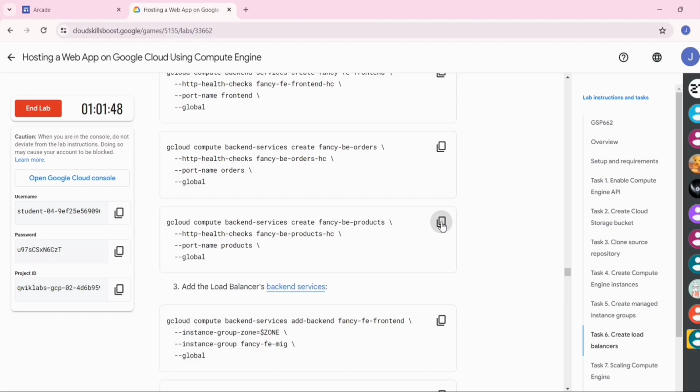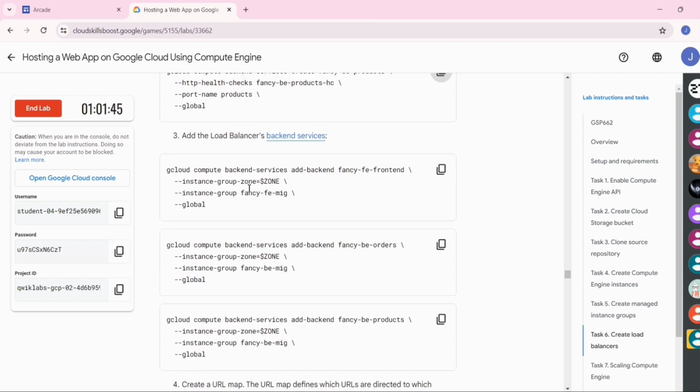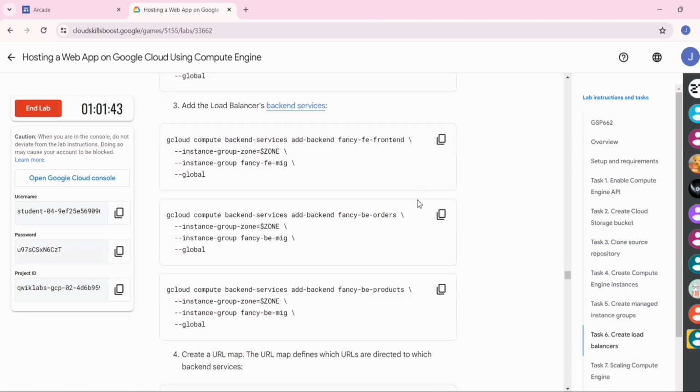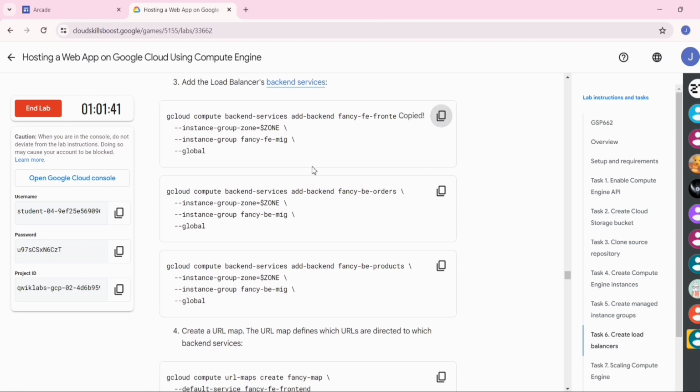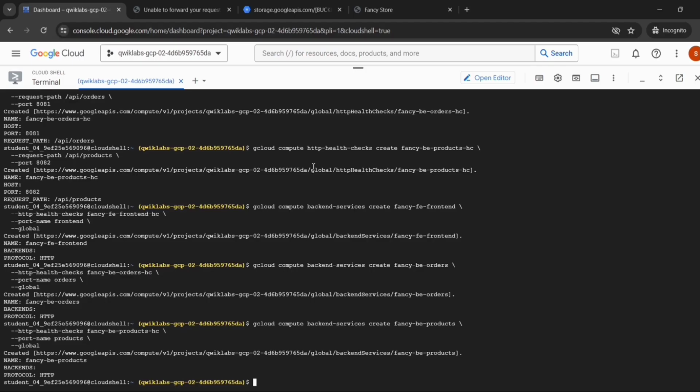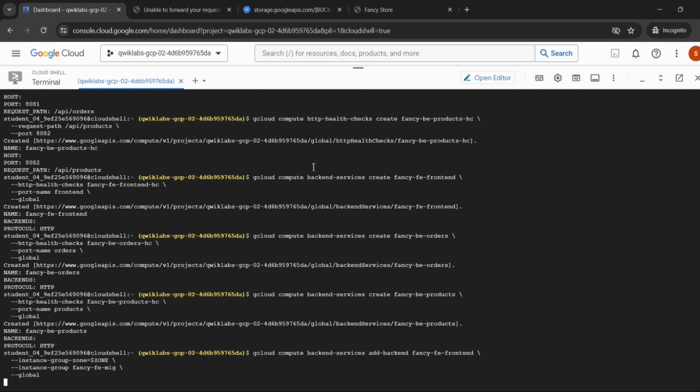Now go back to the lab instruction, scroll it down. We will be adding a load balancer for our website. For that, copy the first command of the third step, go paste it, then press enter.